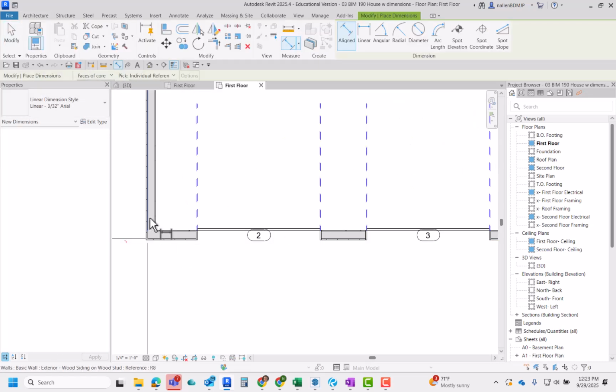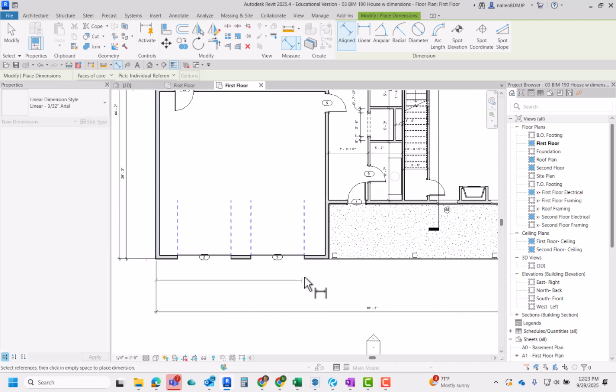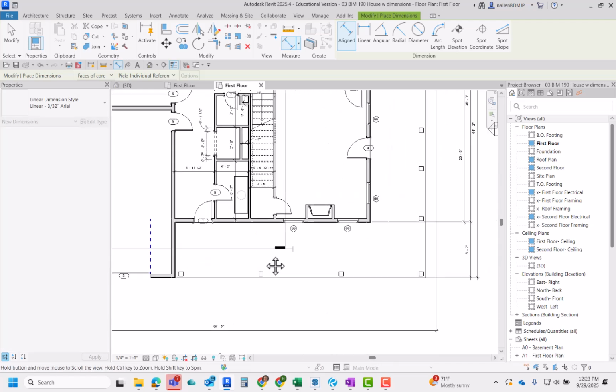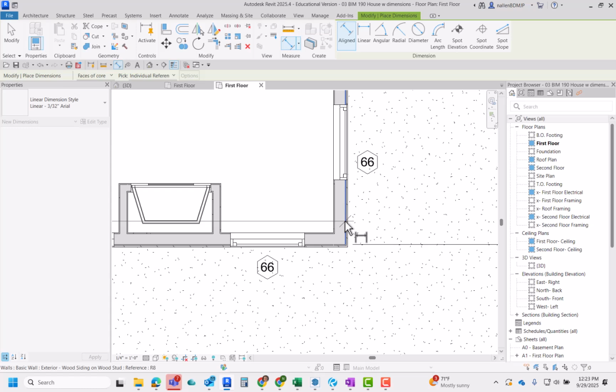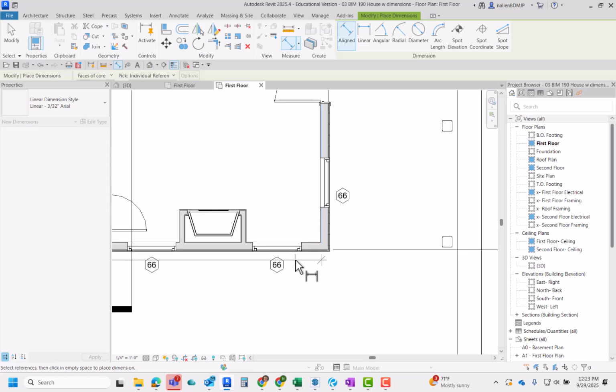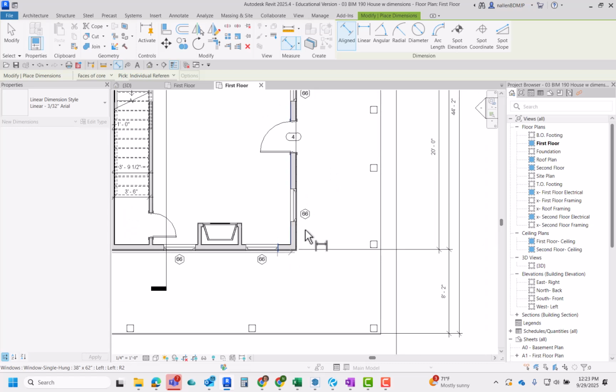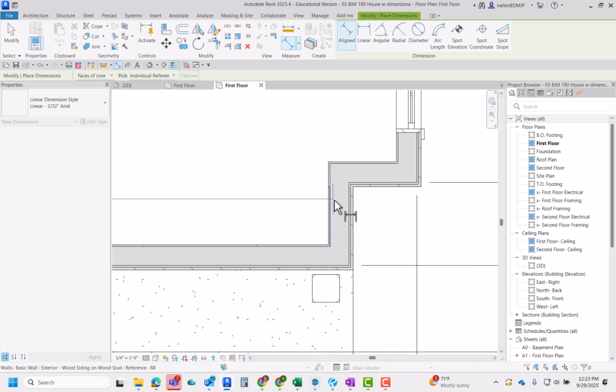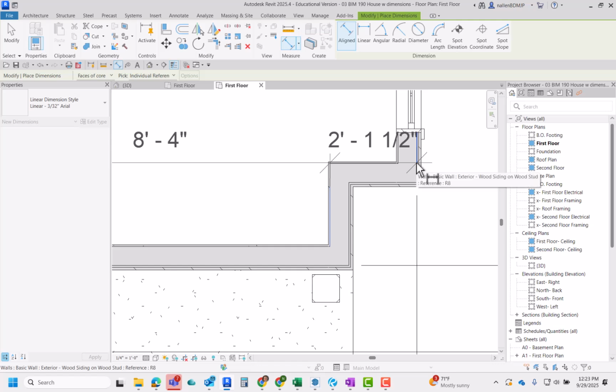And I'm going to pick up the wall on the left side of the garage, and then let's pretend that I just missed this wall. I come over and I pick up this wall. No, better yet, let's say that I get the wrong side of it. That's not where I should go. I should go to the outside. So I got the wrong side of that one. I'll come up here, I'll get the wrong side of this one,